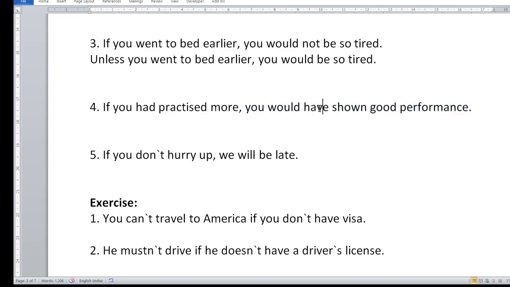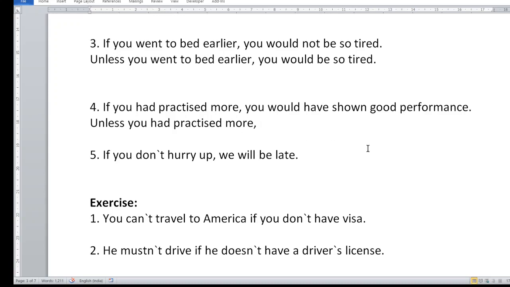But the sentences are in positive form. In positive form, they are telling that these two conditions failed to become true. And if you are using unless in such a sentence, it means you are using "if not". So the sentence will become, if you had not practiced more, you would not have shown good performance. Let us see how to use unless in the fourth sentence. Unless you had practiced more, unless you had practiced more means you had not practiced more,